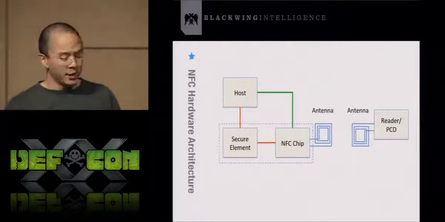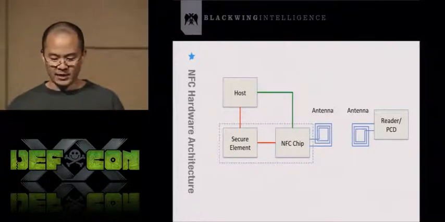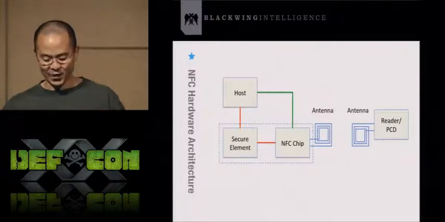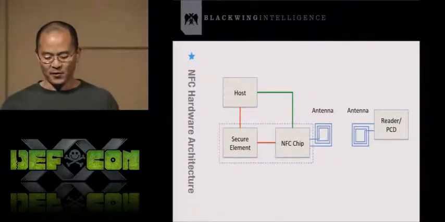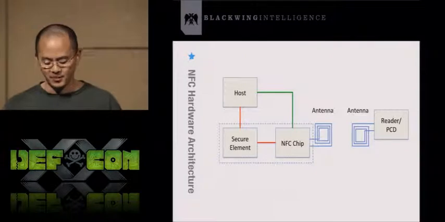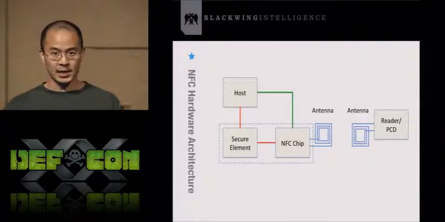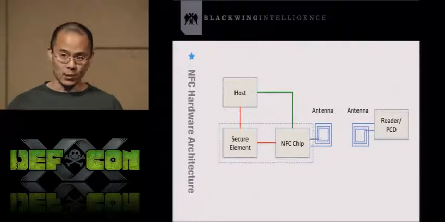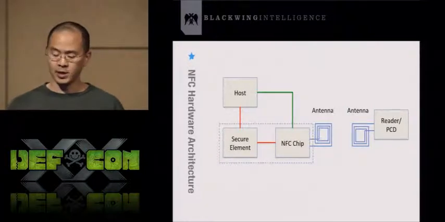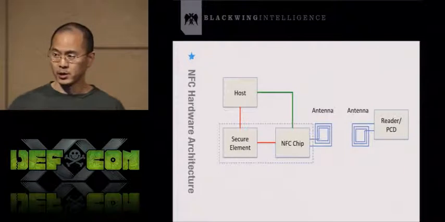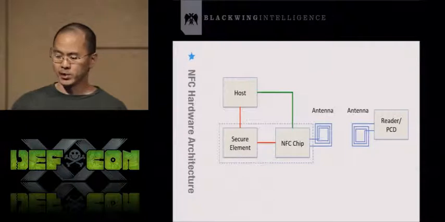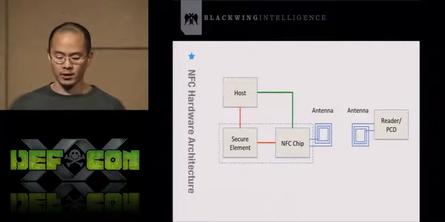All right, so here is a picture of NFC architecture, at least conceptually. I don't necessarily know if this is entirely accurate, but from my understanding, it looks something like this. So you have the host, which is basically the Android phone OS and hardware, and the way that Google Wallet works is it communicates with a secure element, and the secure element supposedly encrypts all your account information, and then the secure element communicates directly with the credit card reader, and the host never actually needs to see the